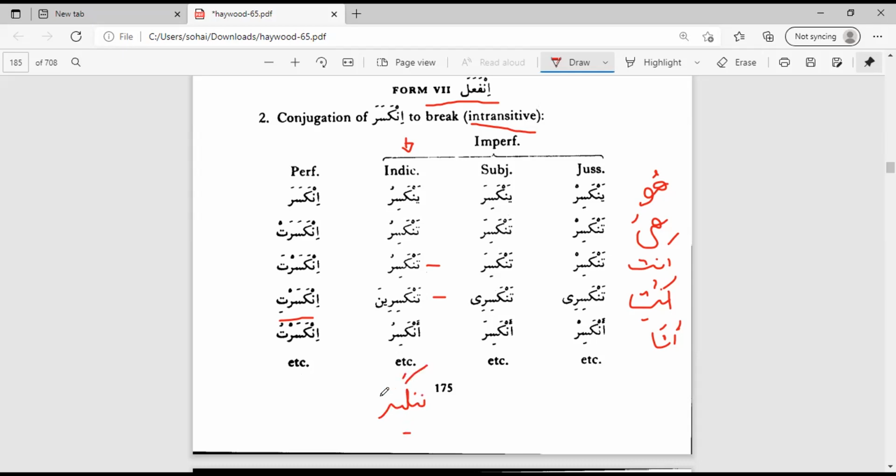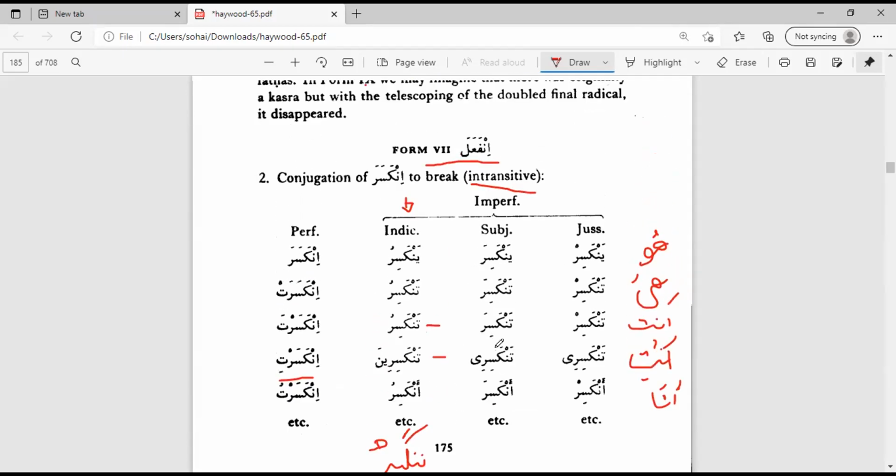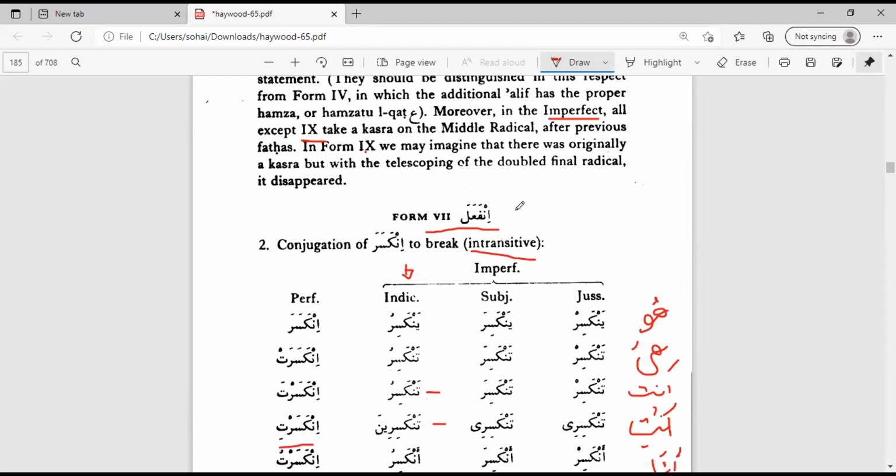So the verb was infa'ala. But when we are coming to present tense, we are dropping the alif, and to the noon we are adding the prefix. Yes. So if you want to write down this infa'ala, let me get my pen out. Yes, exactly. So if you want to write a full verb like this, the way it conjugates,